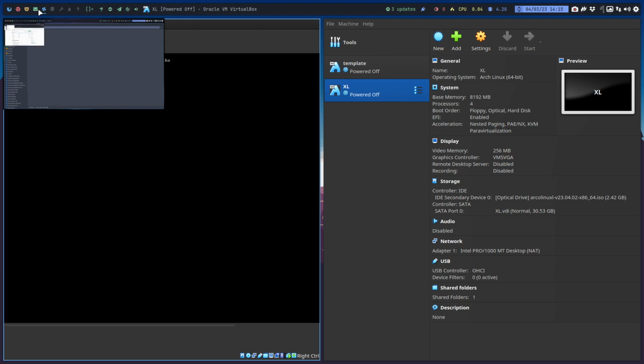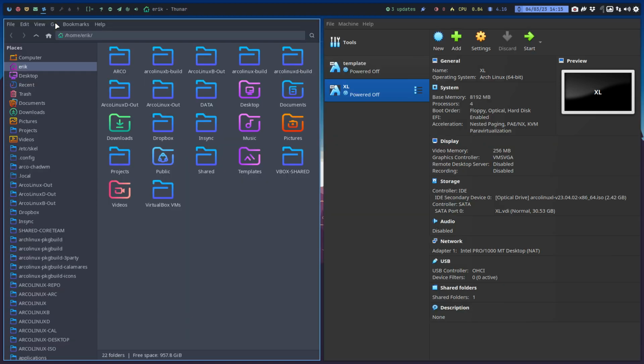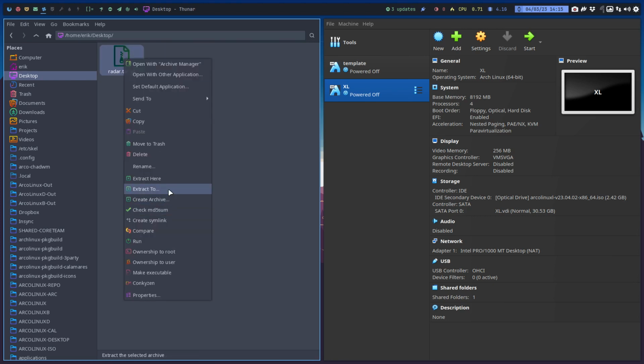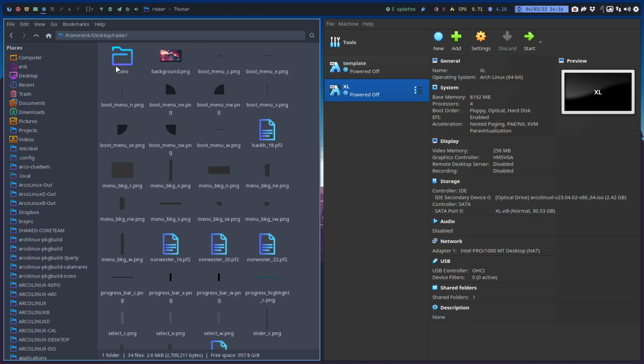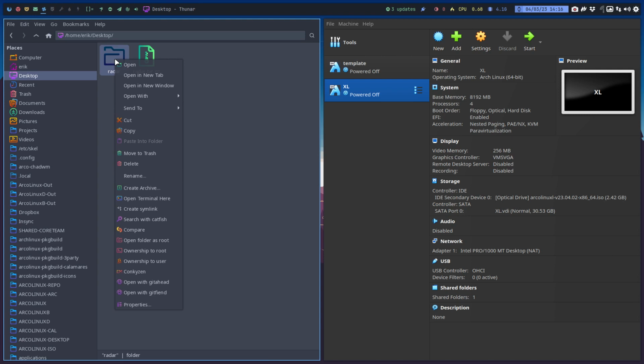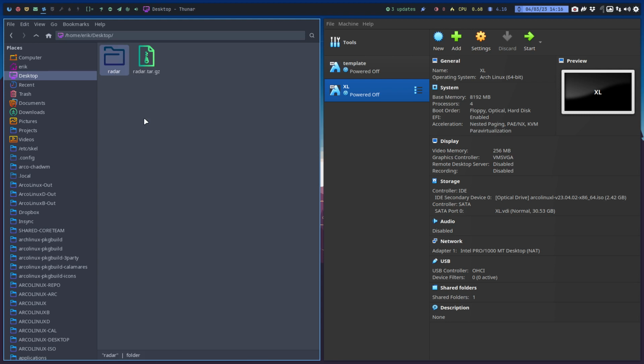So we go to the desktop. So this is going to be the desktop, radar, not that one, not that one, this one. Extract here. This is my radar folder. This is what needs to go in the boot grub themes. So this is the one that I need. Cut